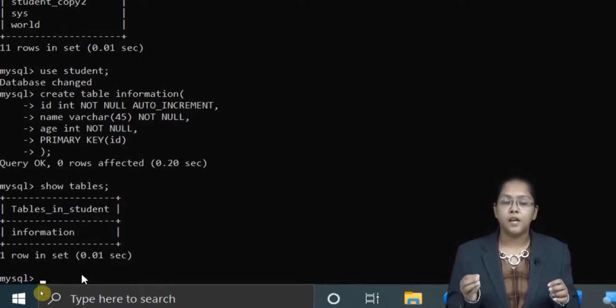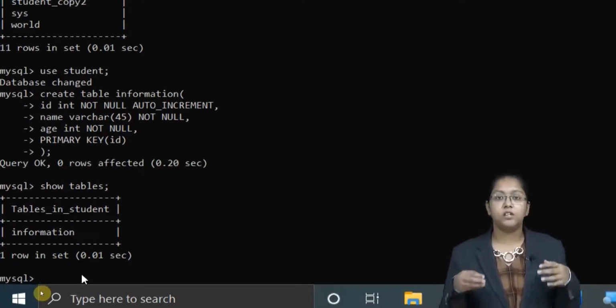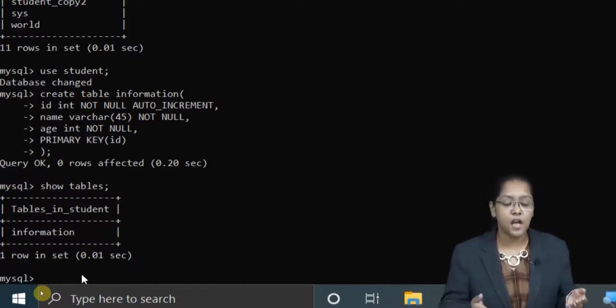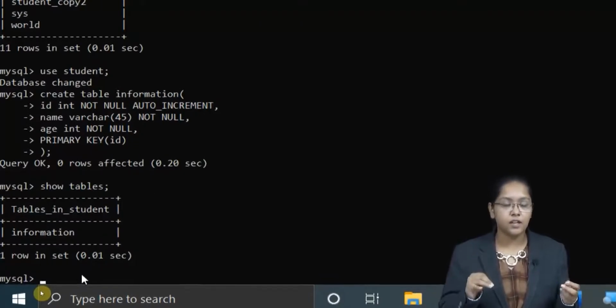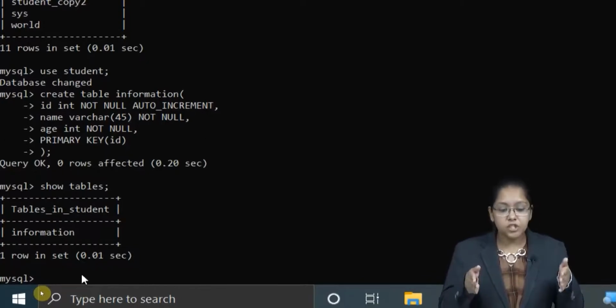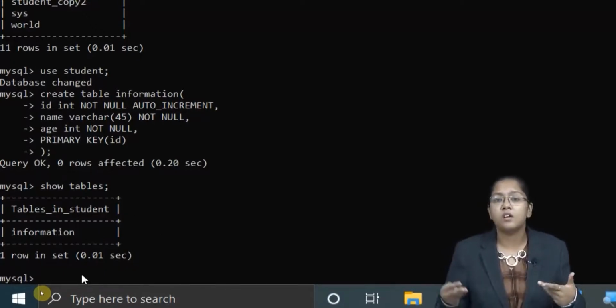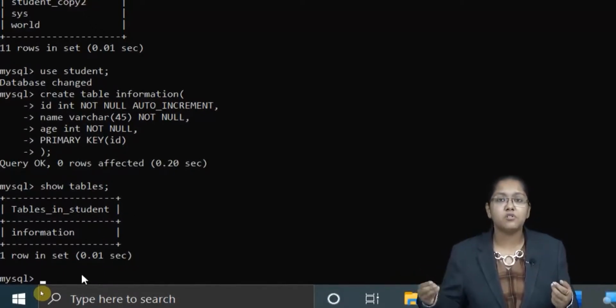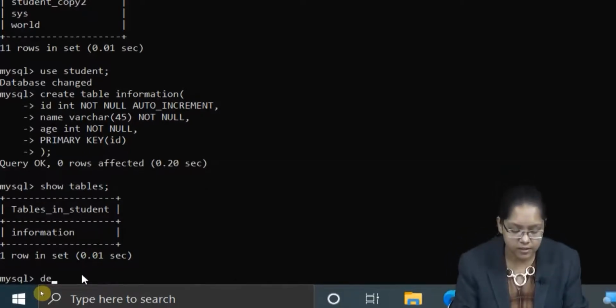But now you want to see the attributes in your table. What are the attributes you have added? We have added three attributes, that is ID, age and name. So all this information which I have given, I want to check whether yes, age is not null or not, or whether while creation there was some error and age is not showing me the not null restriction. I want to check it. Then how will I check? Here I will write this.